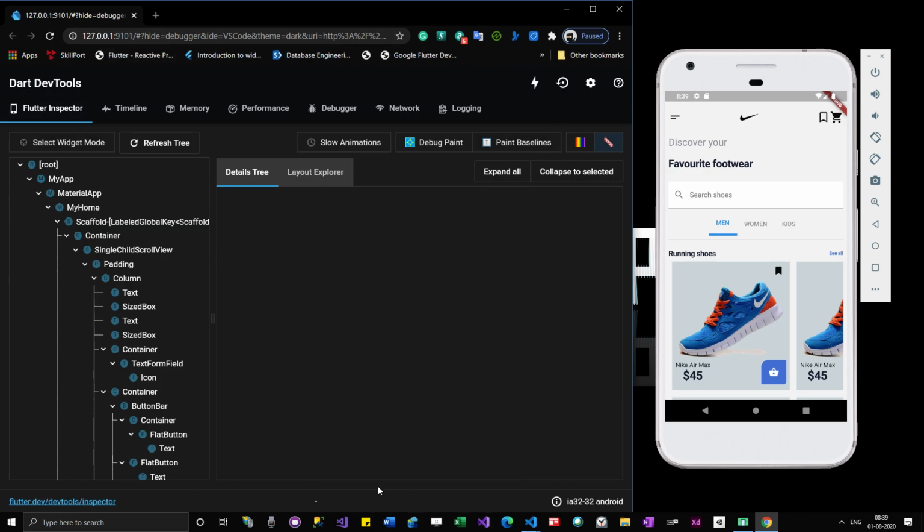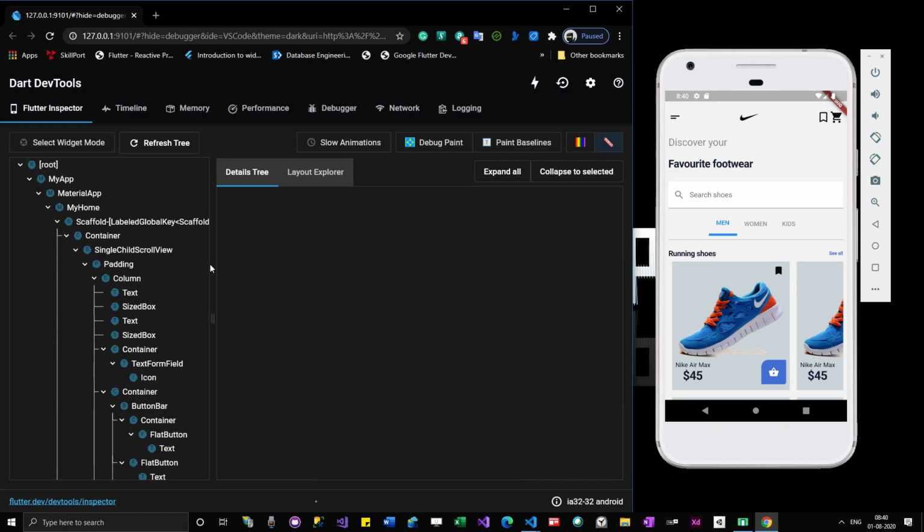This provides a number of options that help you to debug. Okay, one of the options you can see here is hide debug banner. As I click here, you can see that this banner will go off. Okay, it is gone, right? Yep, it came back.